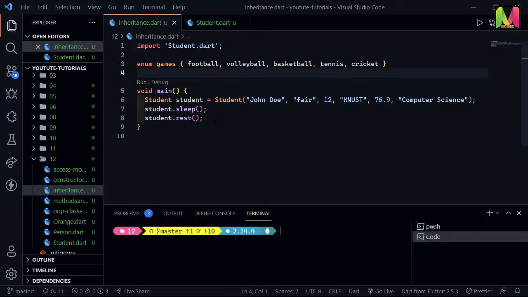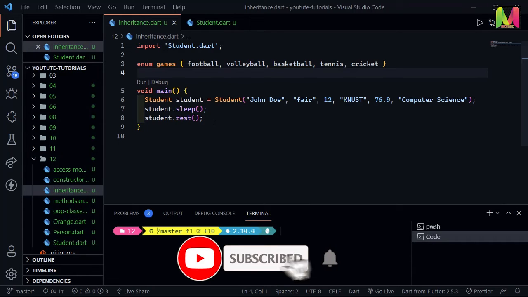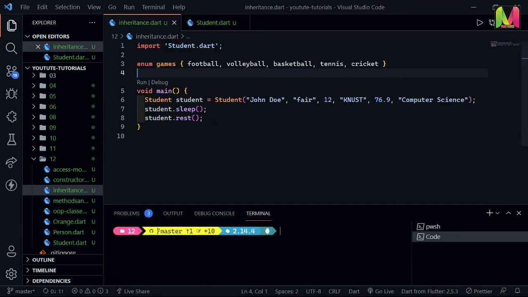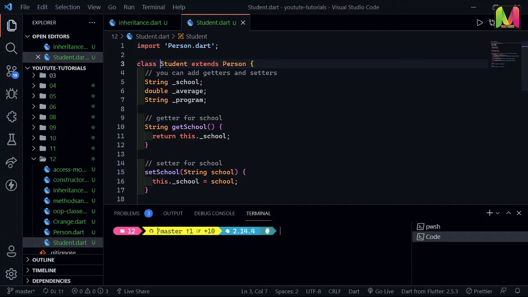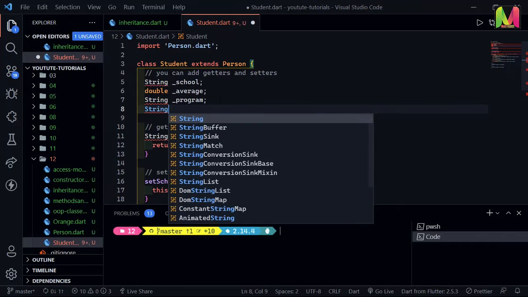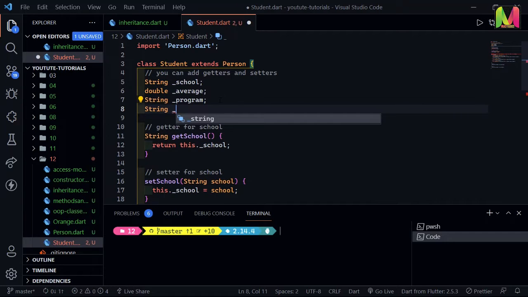To avoid spelling mistakes, and different names for the same game, we use what we call enums. An enum is just a collection of objects, like variables, that you can access from anywhere if you want to. So on our student class, I'm just going to define a string and call it